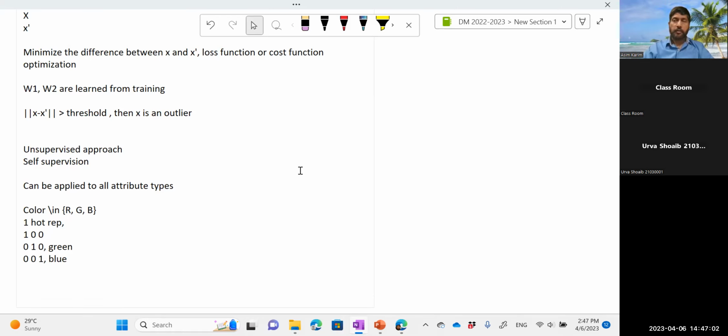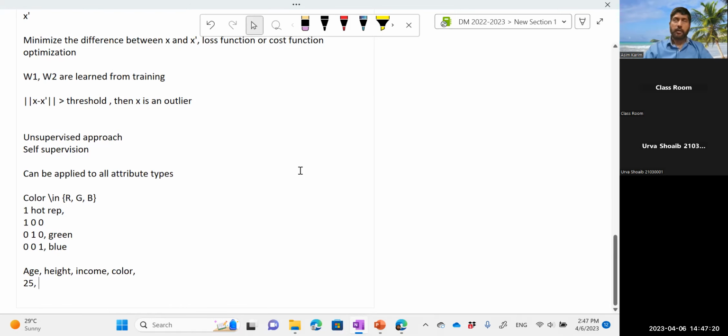तो आपके पास मिक्स्ड एट्रीब्यूट टाइप्स भी हैं, तो आप इसको नंबर्स में कन्वर्ट कर सकते हैं। लेट्स से आपके पास एज है, दिस इज नंबर ऑफ कोर्स, हाइट है, दिस इज नंबर, लेट्स से कस्टमर की इनकम है, एंड लेट्स से उसकी कलर प्रेफरेंस है। ऑल ऑफ दिस कैन बी कन्वर्टेड इनटू नंबर्स। सो एज लेट्स से 25 है, उसकी हाइट लेट्स से 175 है, एंड इनकम लेट्स से 50K है, एंड देन लेट्स से कलर रेड प्रेफर होता है, तो यू हैव 1 0 एंड 0। ठीक है, तो इस तरह आप सब कुछ रिप्रेजेंट कर सकते हैं। ऑर्डिनल वैल्यूज भी, नॉमिनल भी, न्यूमेरिक भी, एंड सो ऑन। दिस इज 1D, 2D में भी हो सकता है। लेट्स से इमेज है तो वो भी आप कर सकते हैं।